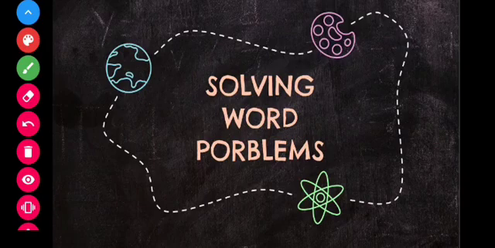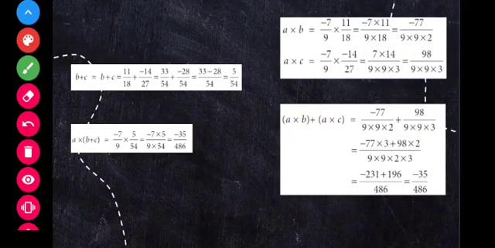Okay, that's all the properties we have learned. What are the properties we have learned so far? We have learned closure property. Closure property is nothing but when you add two rational numbers, the answer is also a rational number. Same goes for multiplication also. And also we have learnt associative property. Associative property, the reverse form is also possible.